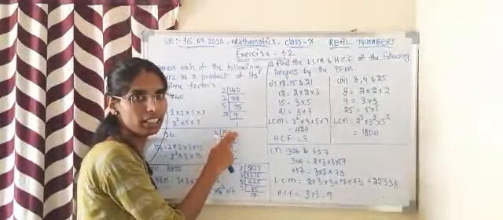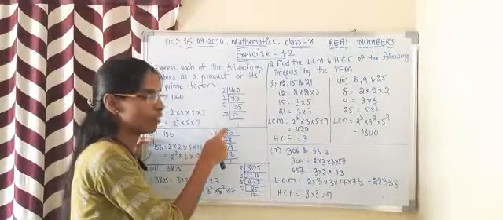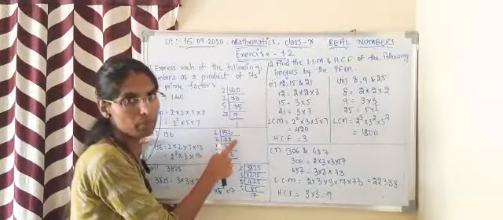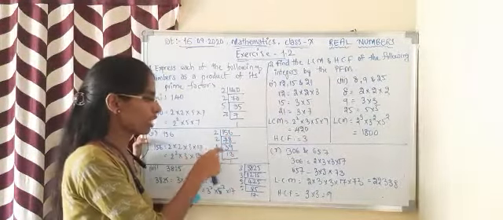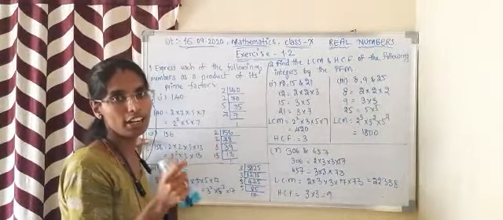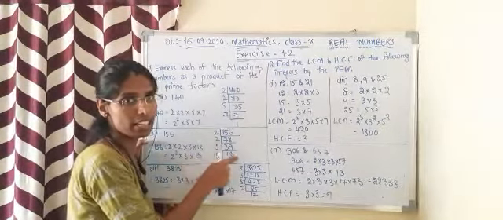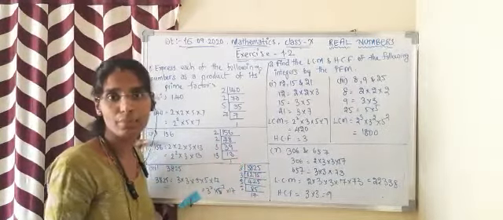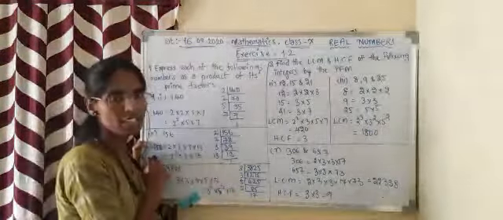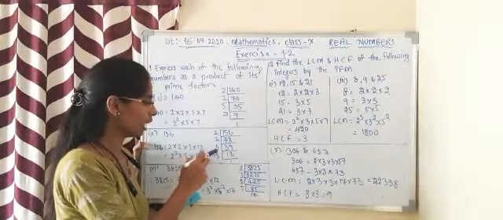Again 156 is an even number, so we can easily divide it by 2. 2 sevens are 14, 1 will remain here, 16, 2 eights are 16. Again 78 is an even number, therefore we get it by 2. 2 threes are 6, 1 will remain, 18, 2 nines are 18. And this is 39, where it is an odd number, we cannot get it in the 2 table. So we shall go for the 3 table. 3 ones are 3, 3 threes are 9, we got it. And 13, as you know, is a prime number directly, so we cannot simplify it anymore. Therefore 156 can be written as 2 into 2 into 3 into 13, that is 2 square into 3 into 13.